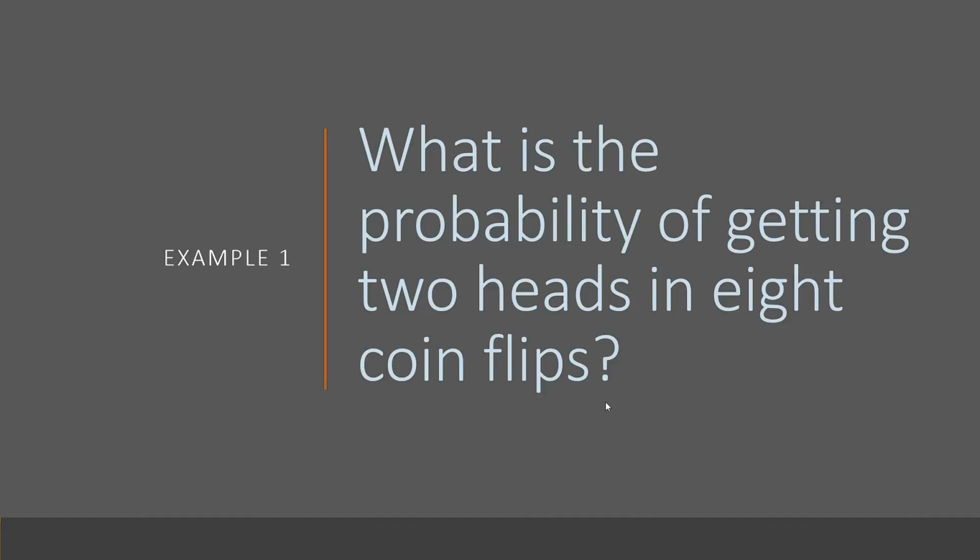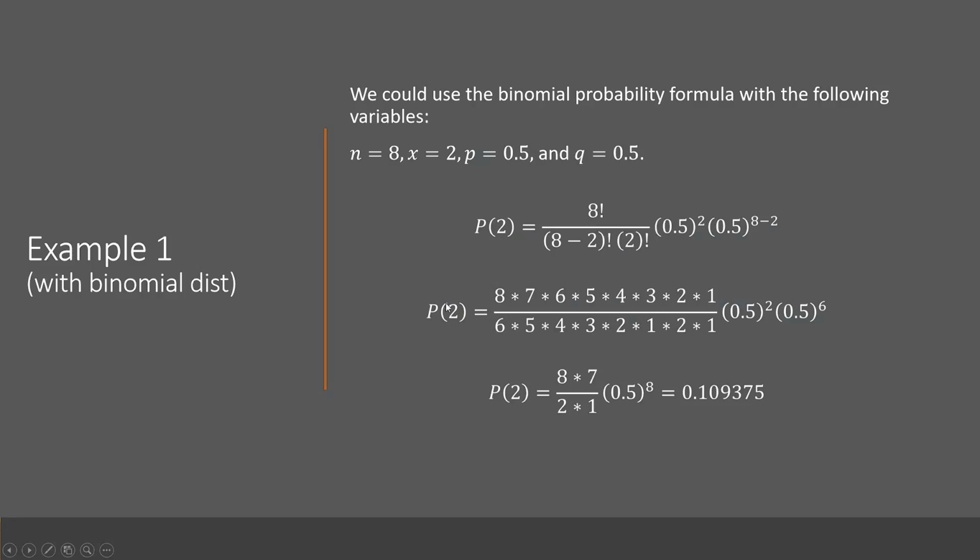Okay, welcome back. So hopefully we've all got our answers for what's the probability of getting 2 heads in 8 flips. So obviously we don't need to talk too much about this, but we'll go through it anyway. Remember that for you to have a binomial distribution, several things have to fall into place. Firstly, you've got to have a set number of trials. That's happening here. You have to have a clear success state and failure state. I'll define success to be a heads, a failure to be a tails, and the probability for each is about